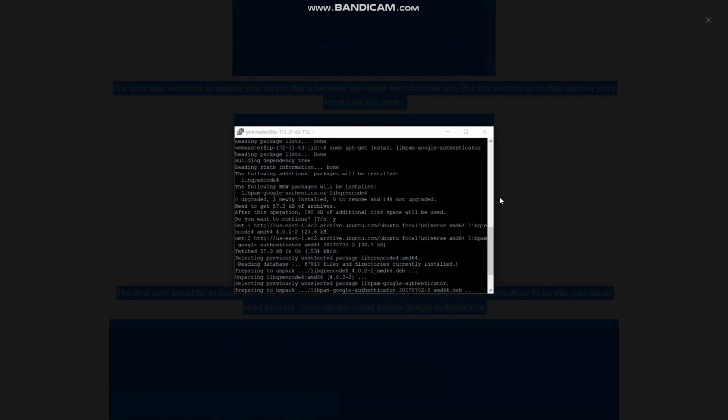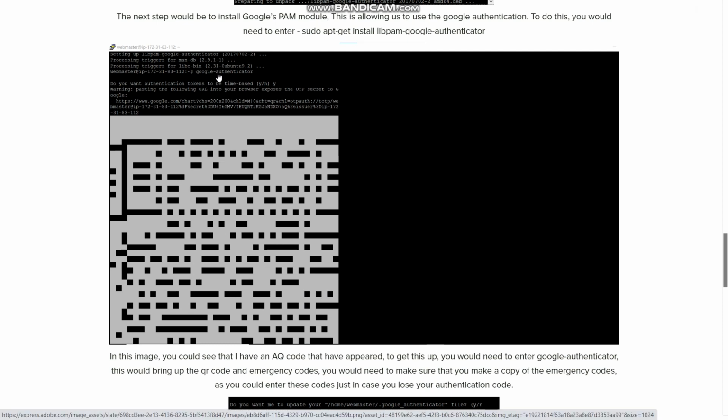Once this has occurred, you need to enter google-authenticator. As you can see here, this will bring up the following questions, which you have to accept by pressing yes. Then you have a QR code. Make sure you save this QR code, as this is what we're going to be using to get our authentication